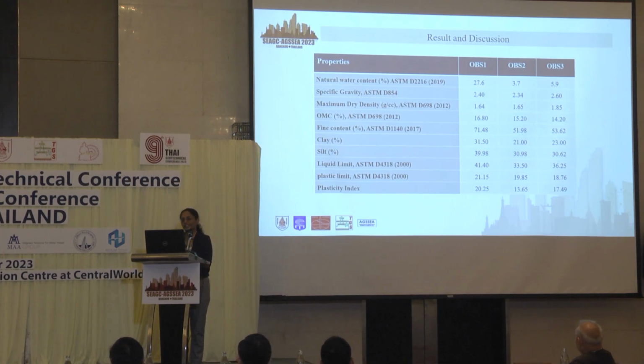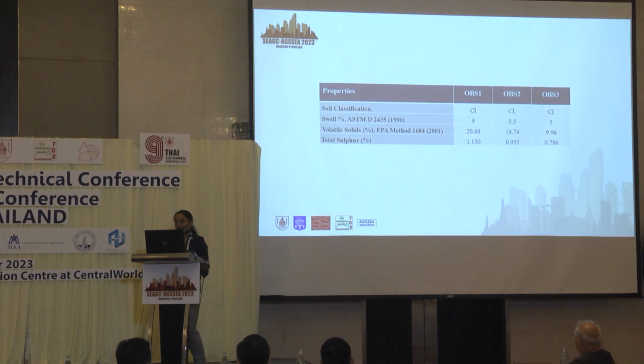Coming to the results and discussion, if we see the properties, we can see that there is a wide heterogeneity in the properties for all the collected samples. This can be because of the varying percentage of the coal content. Also, the predominant fraction is silt and clay in all the types of the waste, and the waste has very low plasticity. As per the classification, the first and third sites come under CI soil, and the second one